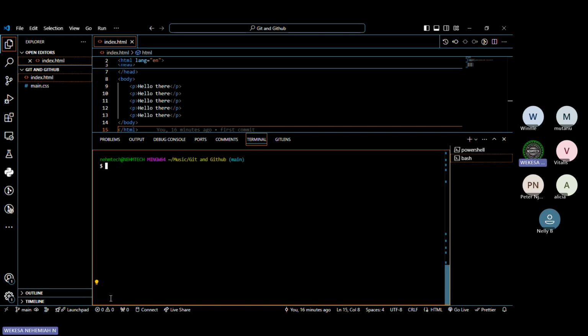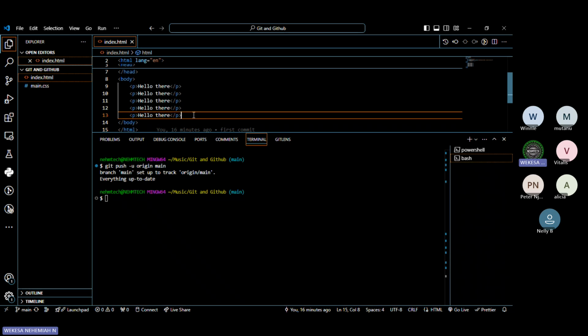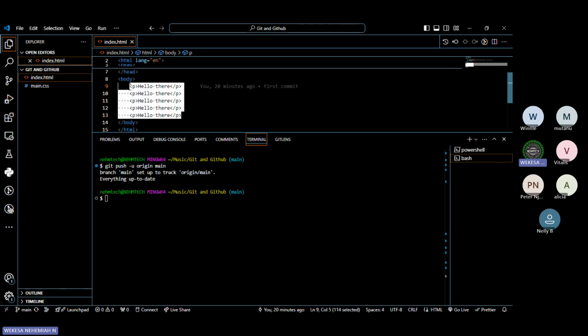So to set the upstream, to save that branch, you're going to say git push, then -u for upstream, or you can type the full name upstream, but let me use -u, and then I specify origin, for example, main. So in this case, what have we done? We have pushed, and at the same time we have set the upstream. So now when we make changes here, let me delete here and then perhaps let me use